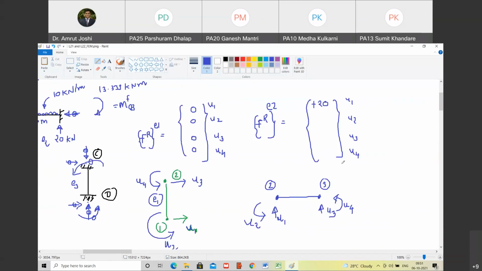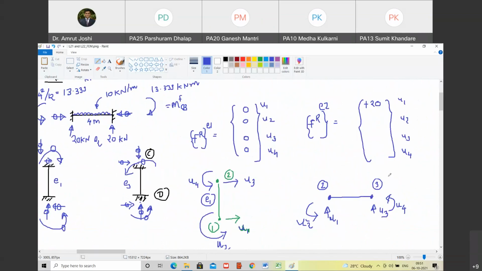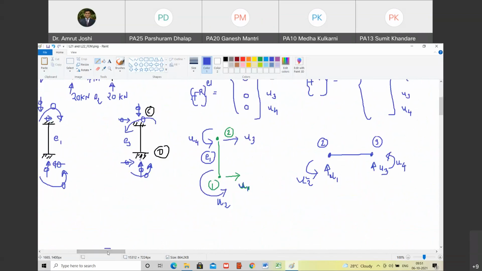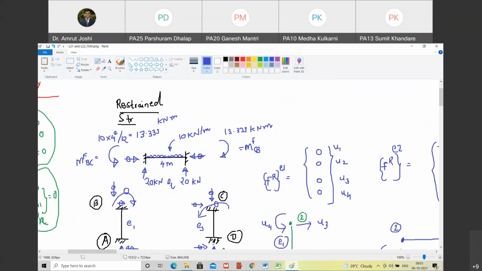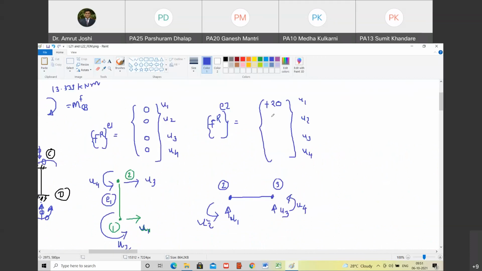Now, let us have a look at U2. Where is U2? It is rotation, and it is anti-clockwise in nature. Look at how we have shown U2: U2 is shown as anti-clockwise in nature. Now, can you tell me, corresponding to rotation at 2, is there a moment reaction? Yes, it is there. That is 13.333. Do you agree with me? And is it clockwise or anti-clockwise? It is also anti-clockwise, so it is in the direction of U2. So I am going to write it as plus 13.333. Happy?